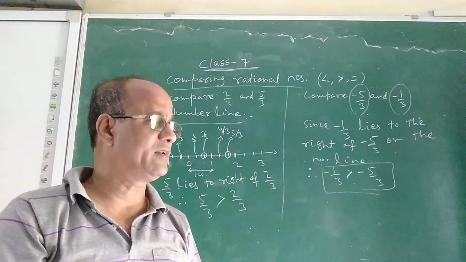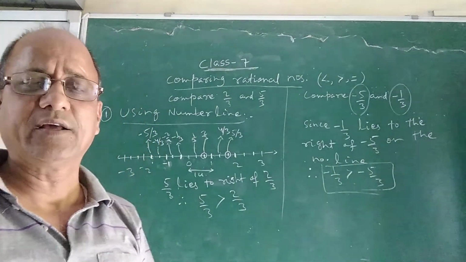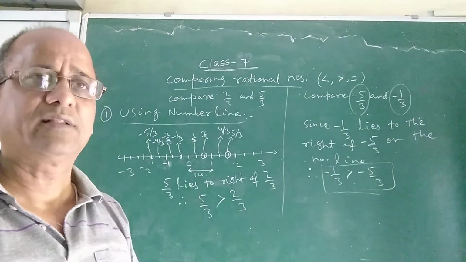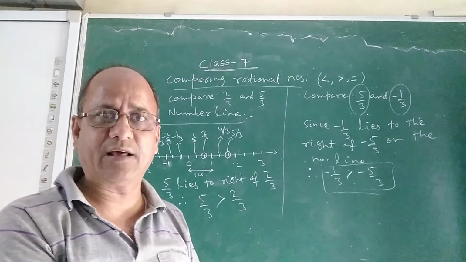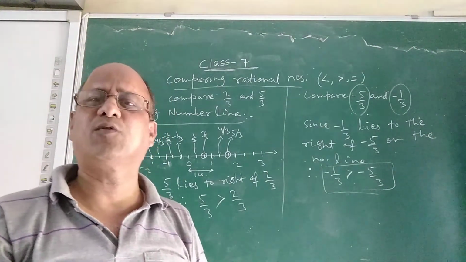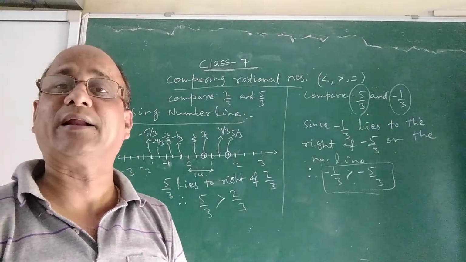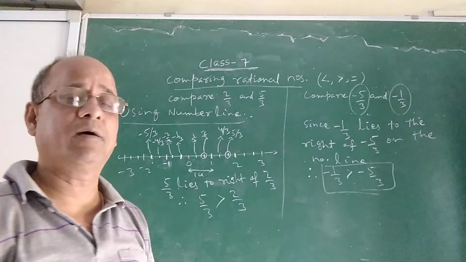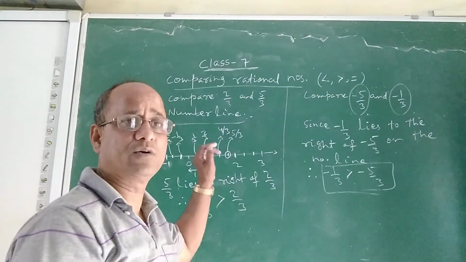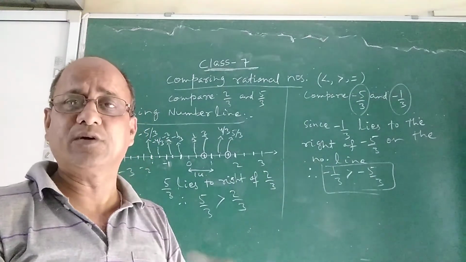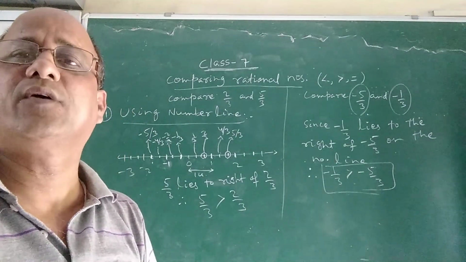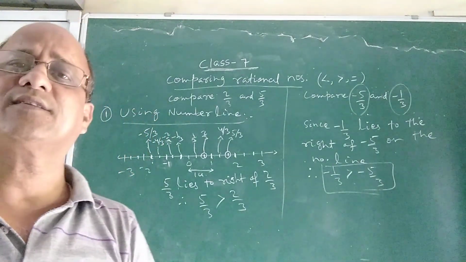In another class, we will discuss the second method. Even without using number line, we can compare. How to compare, we will discuss in another class. Then there is still another method by taking LCM, by cross multiplication. There are so many ways. Those ways we have already read in class 4. While comparing, go back to class 4 and recall how you were comparing fractions. The same method will be applied to compare rational numbers also without using number line, which we will discuss in the next class. I hope you understood, children. We will discuss the rest in the coming class.